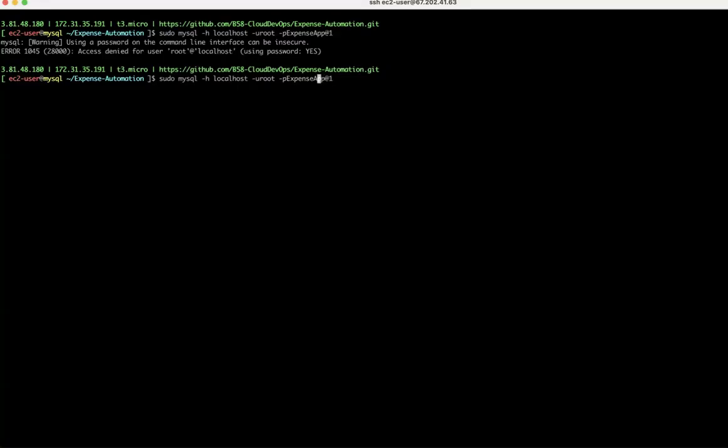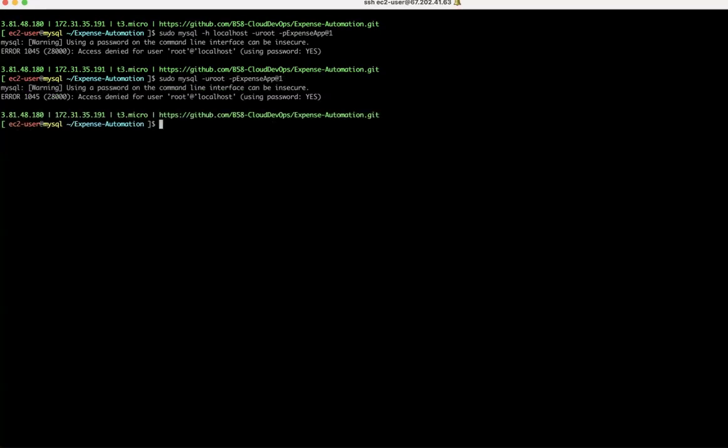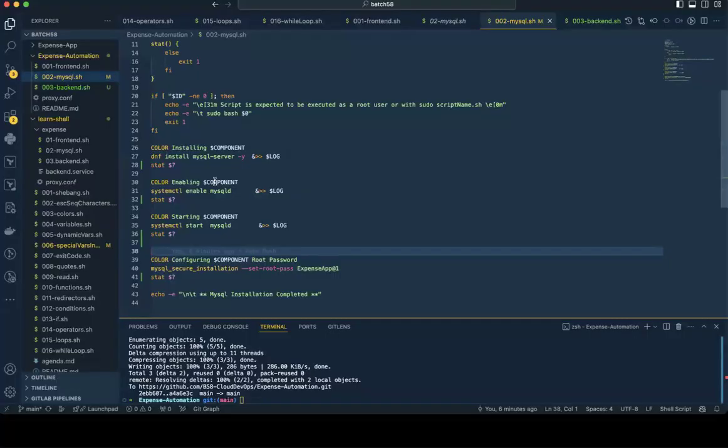mysql -h, -u root -p, expense app at the rate one. Instead of localhost, we can give the private IP, something like that. Okay. If you want to connect from somewhere, this is how you are going to connect. So first, what I want to do is,